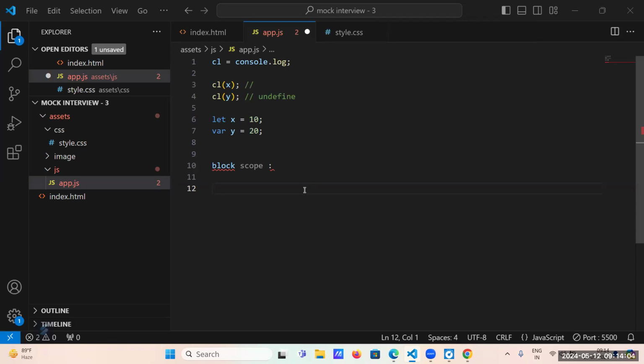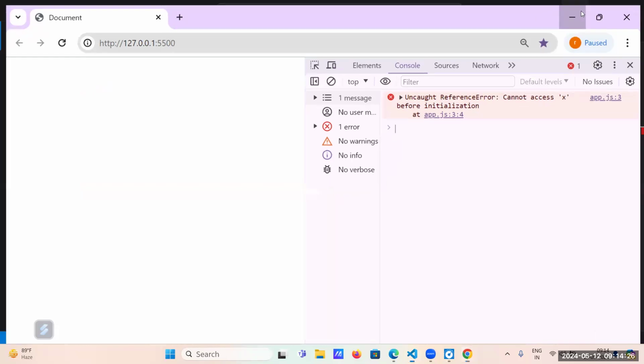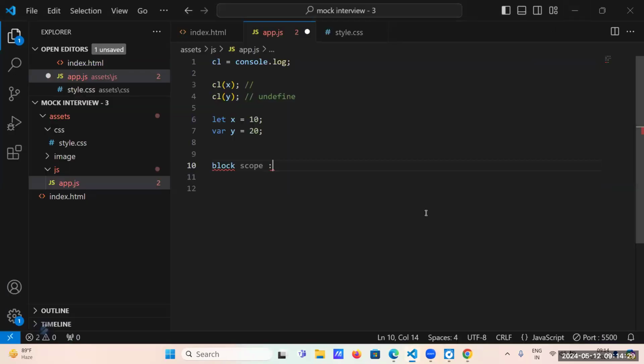So, when we define a variable with the let keyword, we get an error. Did you see that error just now? Yes, sir, a reference error. So there is one concept called TDZ, the temporal dead zone. Can you explain that? Sir, I know that concept, but right now I'm unable to recollect it. Okay, fine. Just go through it. It is also an important part.